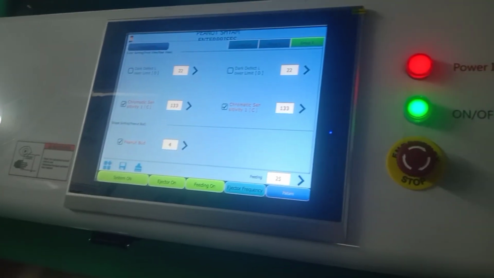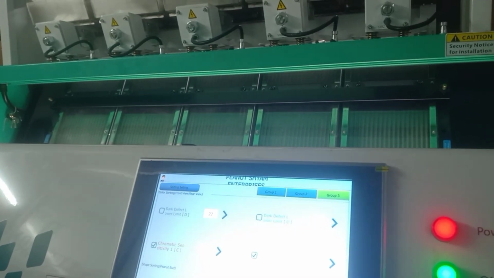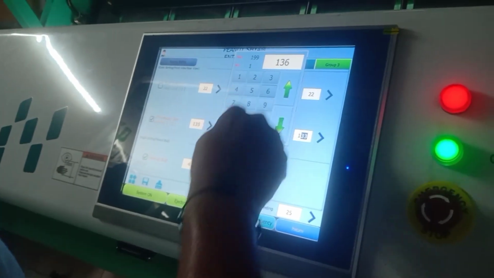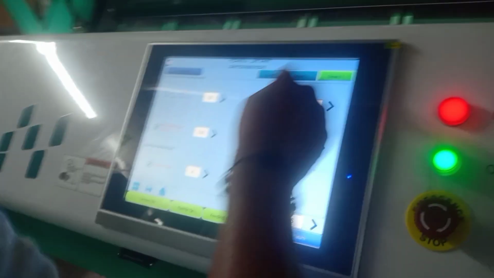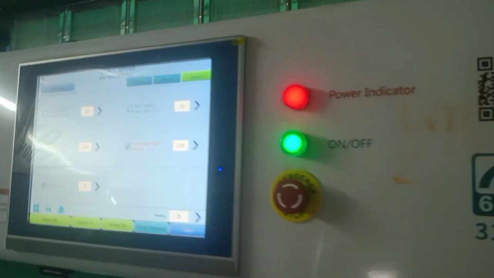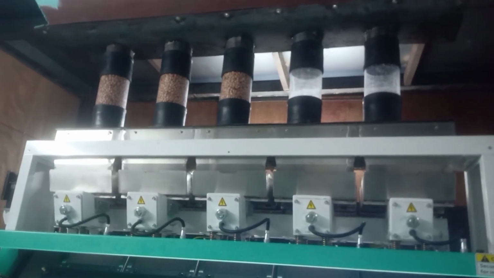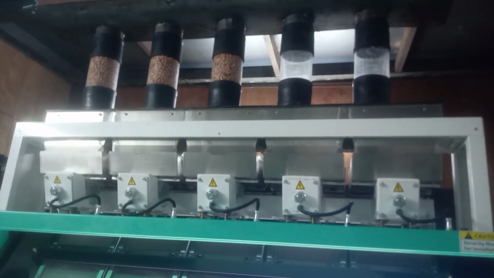How is screen setting done? The following steps are followed for screen setting. Preparing the machine. Clean the machine and ensure that all parts are working properly. Taking sample products. Take a sample of the products you want to sort. Setting parameters on the screen. Set the parameters of color range, size range, shape range, and defect detection on the screen based on the sample.